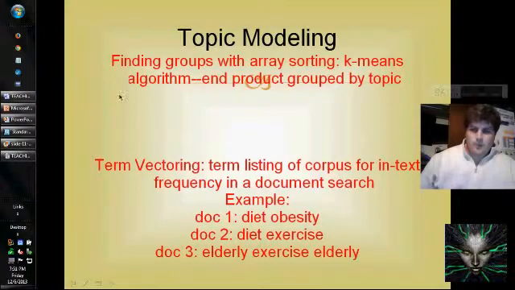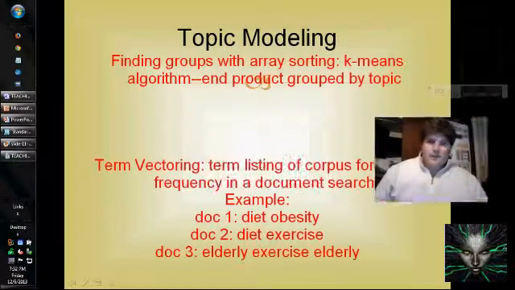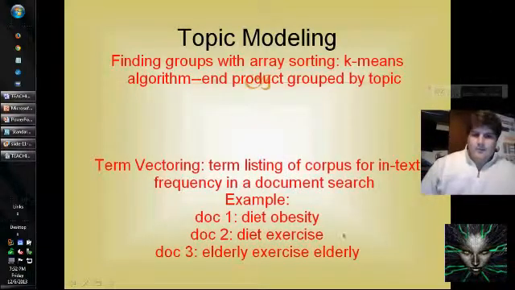So each one would have just been diet, and then you would have had a subtopic grouping of types of diets, and then a subtopic grouping of foods in those diets, and that's basically what that means. People do that internally a lot, but this is just an external way of representing that. And then the term vector and all this, I hate terms like this because it scares people away. But it's